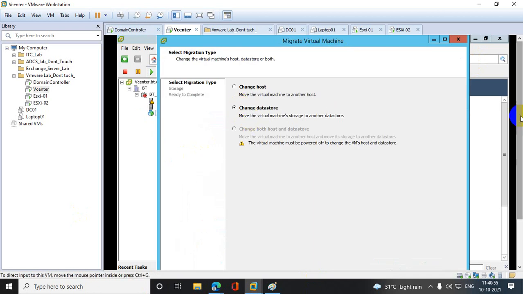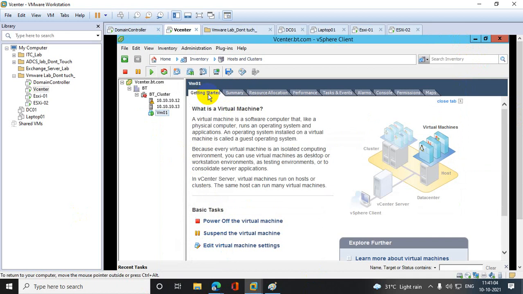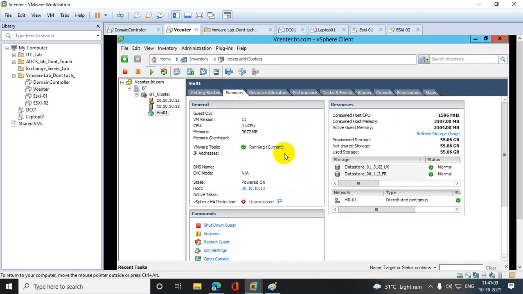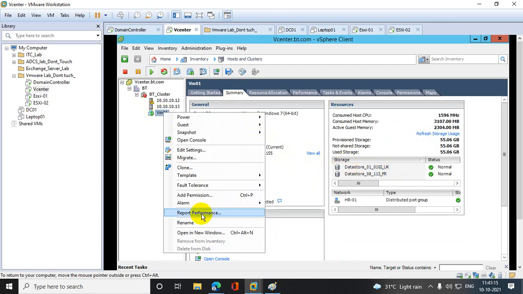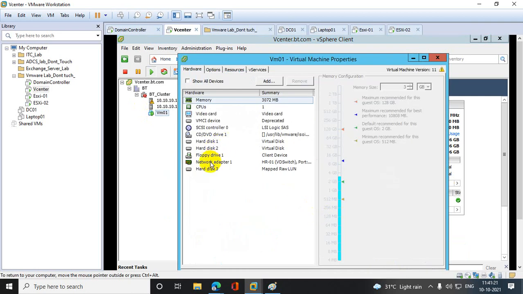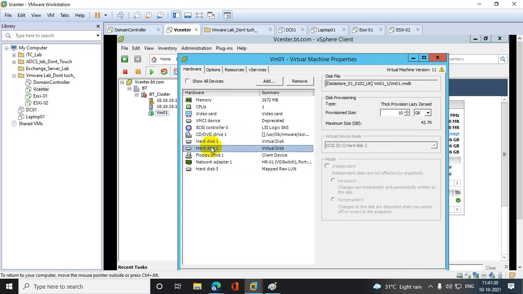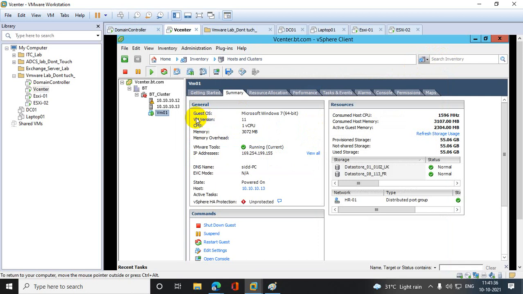Change datastore. Okay, so right now where is it? I think this was on the summary. Was this on UK or what? How could I know that? Where is my disk? Go to edit settings, select the hard disk map. You will find the datastore is on UK. Fine. And what about my other datastores? All are in France. Okay, so I will migrate that virtual machine to UK.